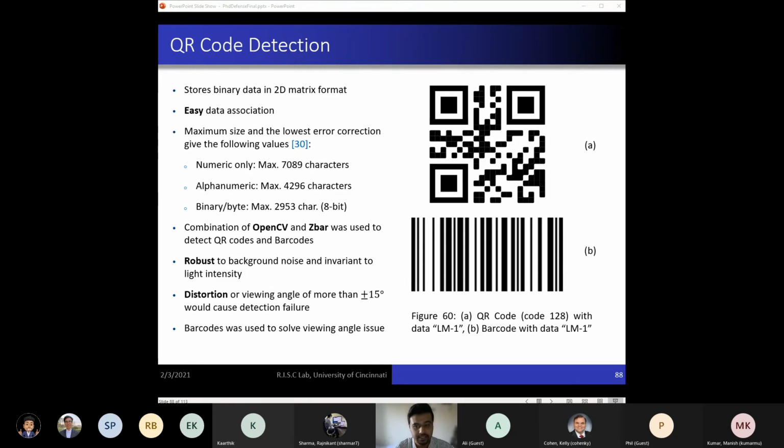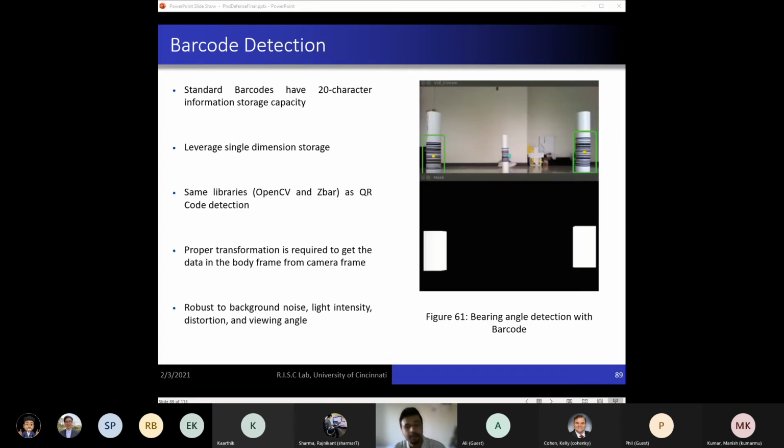This improves the data association, or in fact makes it faster. Although QR codes can store significantly more information than barcodes, as they store data on a 2D surface, they aren't robust to distortion in detection caused by wider viewing angles. Since barcodes store data in a single direction, we leverage this property to print barcodes vertically and then wrap them around a cylinder. This way, we're able to detect barcodes from all directions, although we won't be able to detect barcodes the same way from the top. At least we are assuming from all directions with a forward-facing camera.